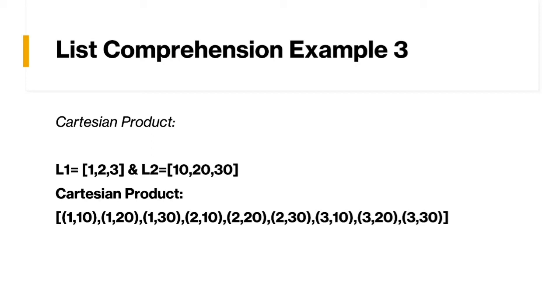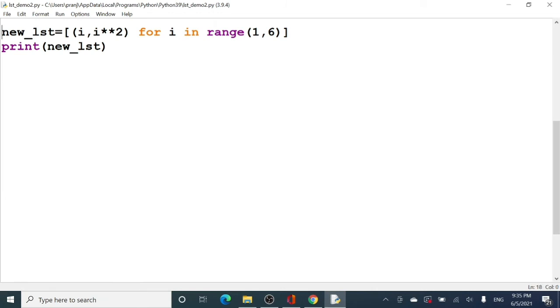So here we will be writing a program using list comprehension. You can also try a program without using list comprehension, compare the two, and check how list comprehension has reduced the lines of code drastically, right? So that is how we are making Python a concise language. So coming back to the Python screen, let's try to code for the Cartesian product.